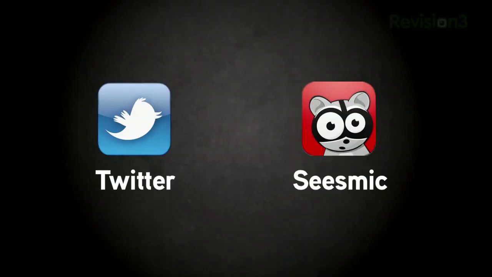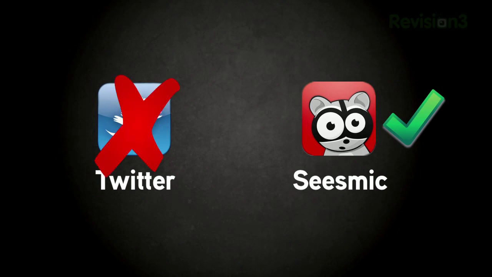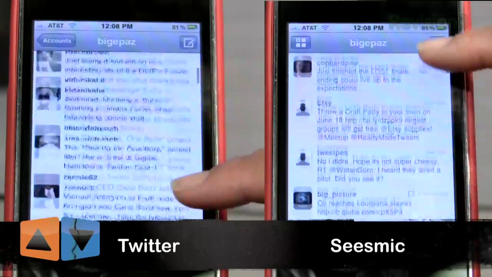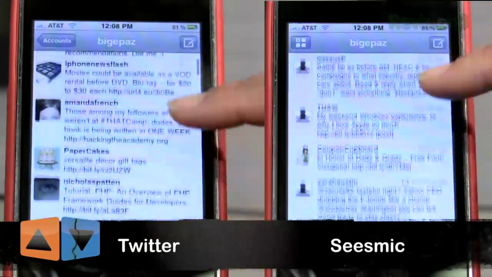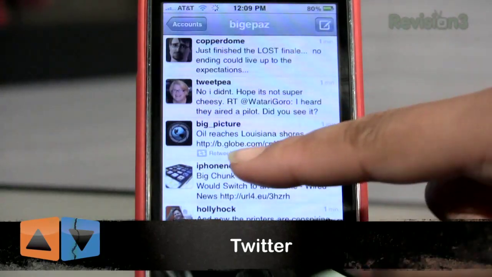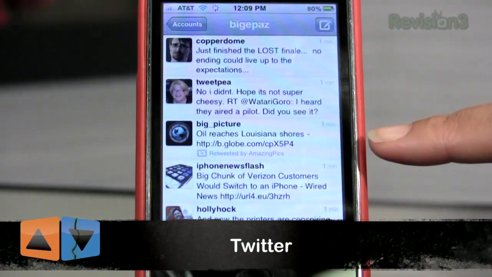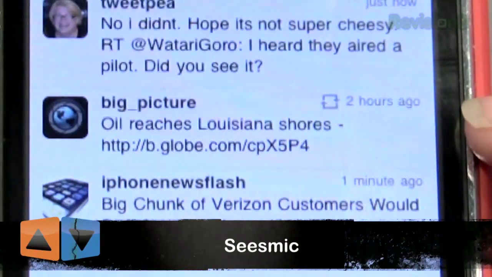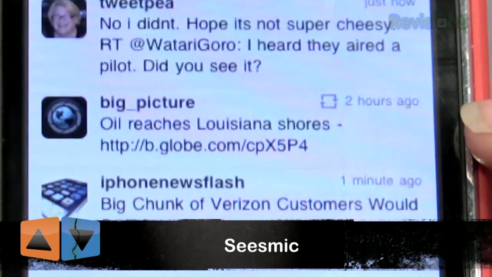First, let's start with the superficial. Seesmic automatically wins the best icon category. I mean, really? Twitter? Really? Okay, but let's get to what's really important, function. Now, in the tweets section, both look pretty similar with the smooth scroll interface. But here's a slight difference. On the Twitter app, you can see who retweeted what, but on Seesmic, you just see a new unfamiliar icon. A minor flaw for me, as it always surprises me to see a new icon in my feed. Not a deal breaker for you?